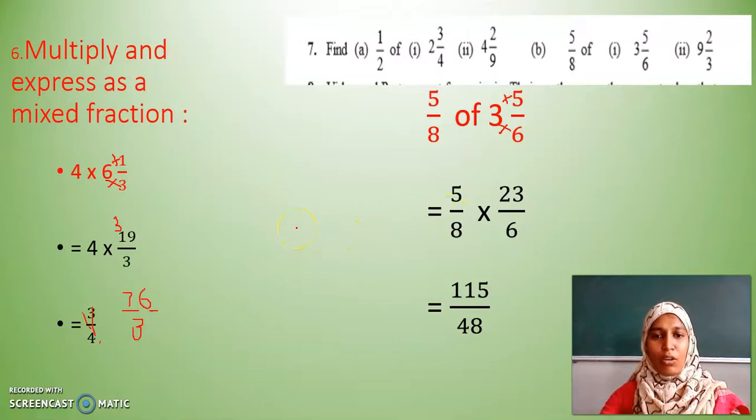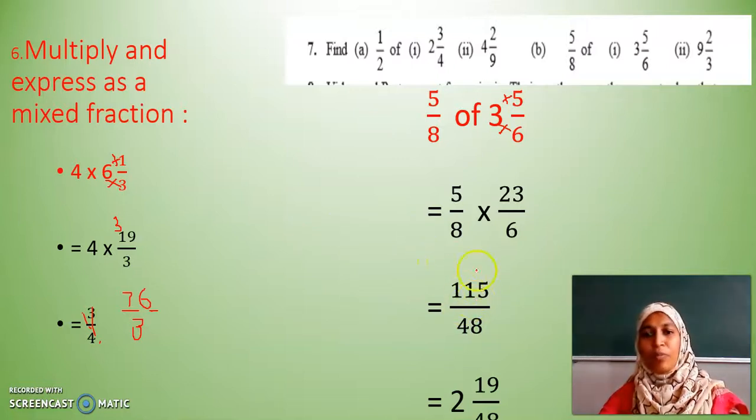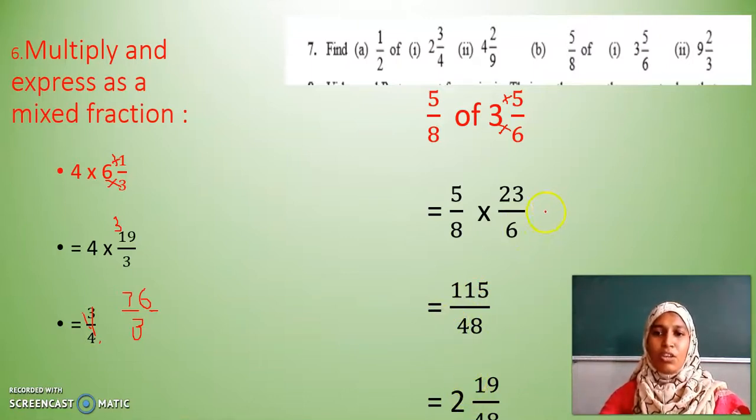Now let us have a look over a problem from your book. Here one more thing I have forgotten to say you. You have to convert this improper fraction to mixed fraction. You have to use this long division method as usual. 115 will be inside and that is the dividend, and 48 is going to be the divisor. You know to do long division. Quotient will be written as a whole part. Remainder will be written as numerator, and denominator is nothing but the same divisor. Is it clear, my dear children?